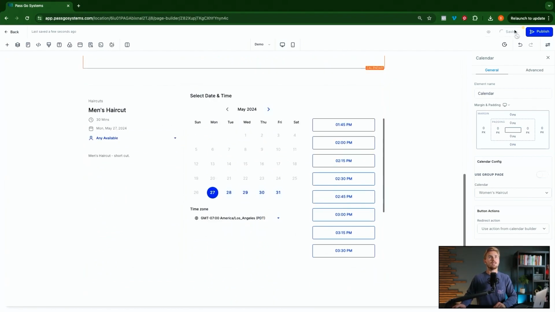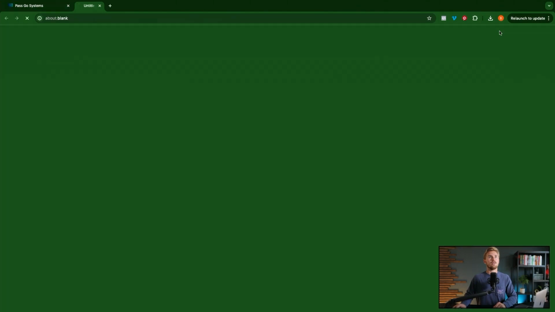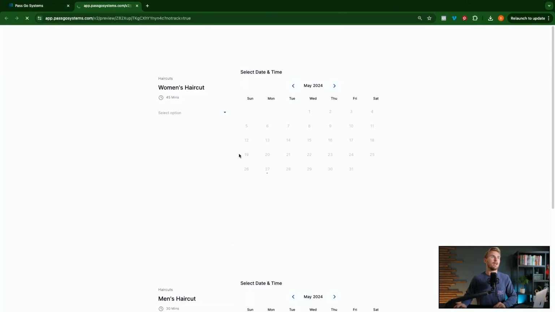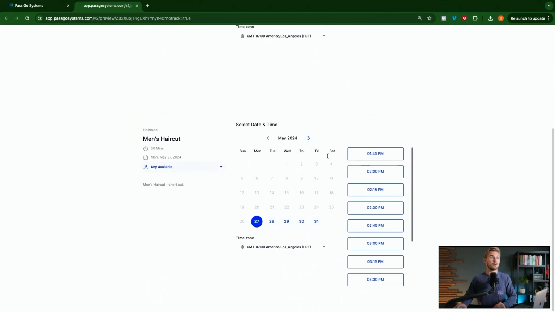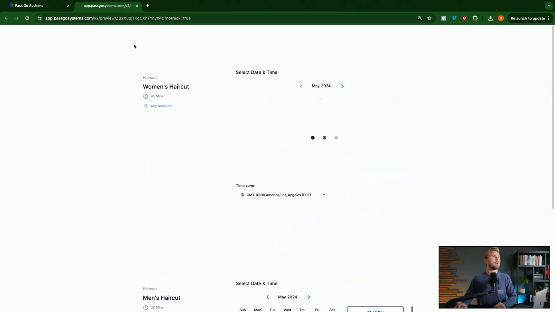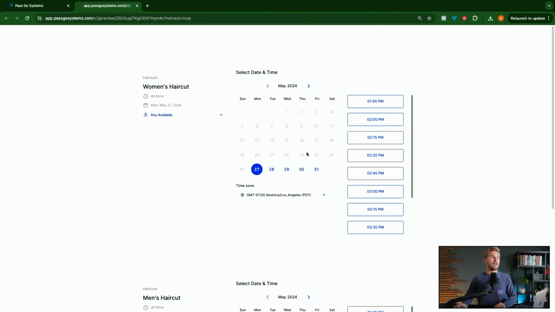So if we save this and look at it, this is how it looks when these are separate, and you would have two calendars on the page. It would be a little bit confusing. People wouldn't necessarily intuitively know how to go about this, but because we've created the group of haircuts, then what